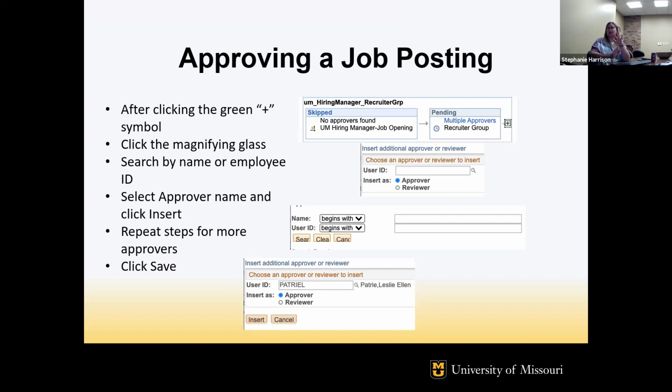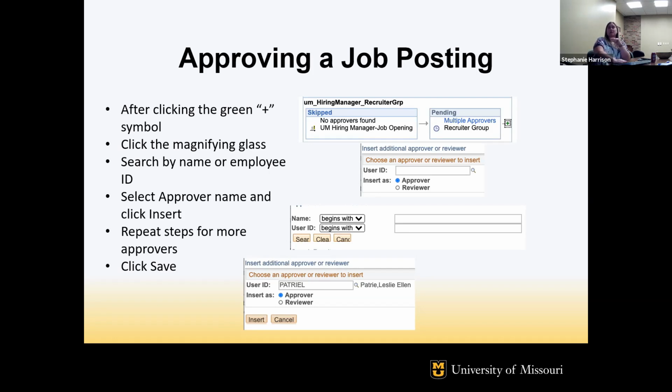User ID, I can just never get it to work. Even if I type in the person's exact user ID, I can't even get it to work on myself. So just type in their last name, and then you would hit search. Once you've selected the person, you'll be taken back to that screen where it has insert, and you'll just put them in there as an approver.